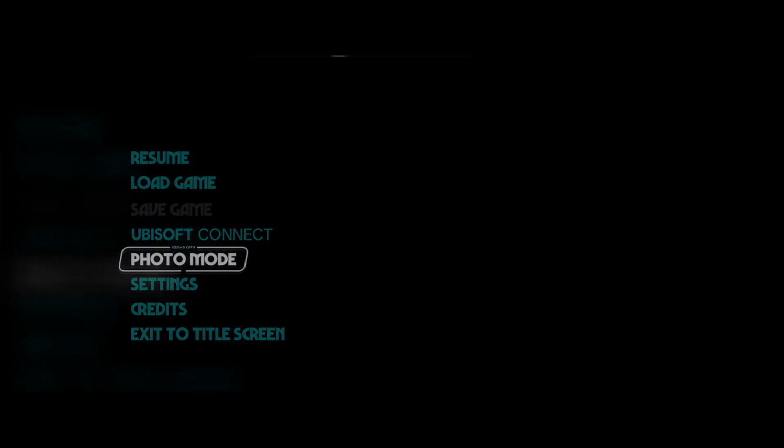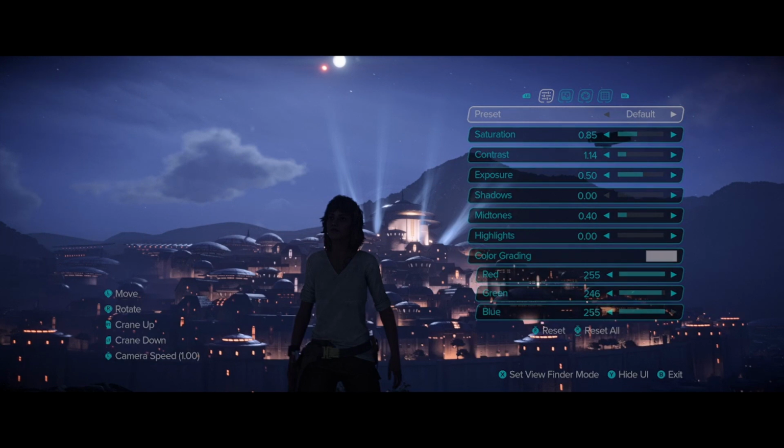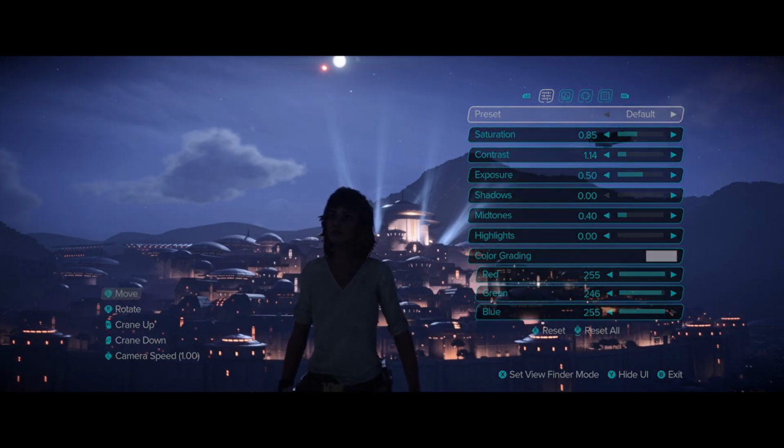It's in the settings menu, and it goes through different categories. You can see a UI comes up on the left. It goes over some general movements. You can move the camera